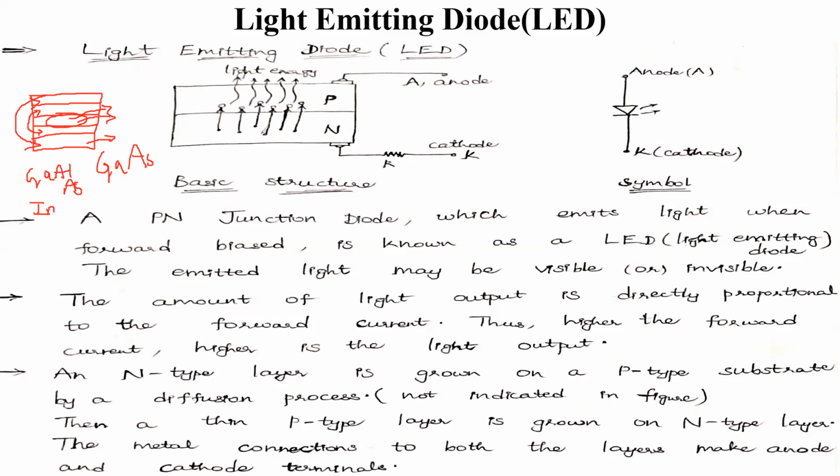That light energy is obtained finally. The illumination of light takes place from this active layer position, and finally the light signal is acquired like this. Actually the process is like this. A 5 layered structure will be there. The middle layer is the active layer. These two are confinement layers. These two layers are contact layers.